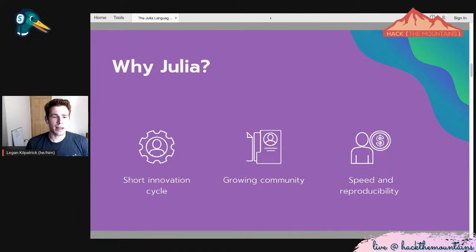So why Julia specifically? Why do we need another programming language, and why do we need Julia in this programming language ecosystem? There's a bunch of different reasons. What I have up here on the screen scratches a few of those itches, potentially. I think some of the most important ones are speed and reproducibility. You don't get this in a lot of other programming languages, whether that's Python or R. Right out of the box with Julia, you have this incredible speed. And you have a reproducible environment: you can share your code with somebody, and they can just set it up and it'll be good to go.